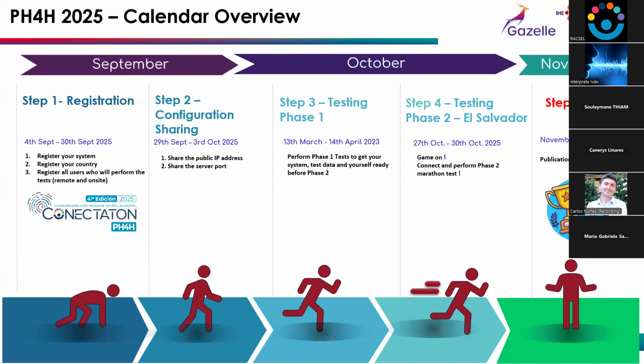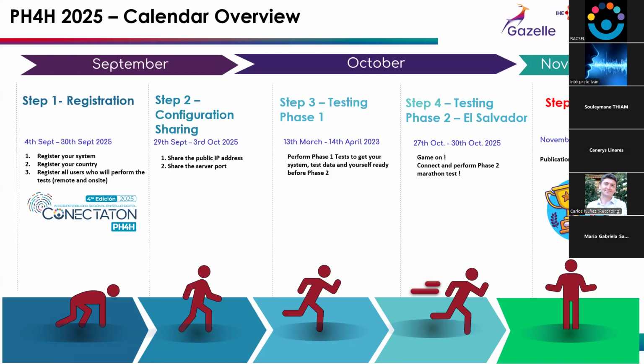So this is also a quick reminder of the event steps. Step one is the registration. You need to register your country in Gazelle in order to execute the test in Gazelle, in order to find your test plan, find your partner during the event, and also Gazelle will report your testing after the event and